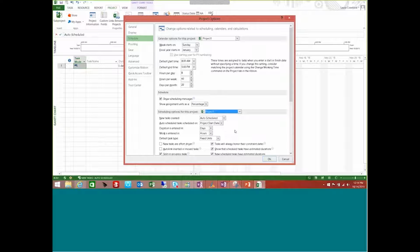The next thing that I want to do is set the task type for my project. You'll see here the default task type is fixed units, so you may not have even given this much thought, but there are actually 3 different task types in Project. There's fixed units, fixed duration, and fixed work. The scheduling engine looks at a formula, and the formula is work is equal to duration times units. So what this is doing is giving you the option of locking down one of the variables in that formula so that if you're fixing your units, if you adjust your duration, you would anticipate that your work changes and not your units. So you need to take some time to determine what type of project default task type works